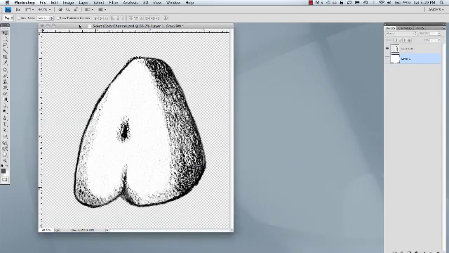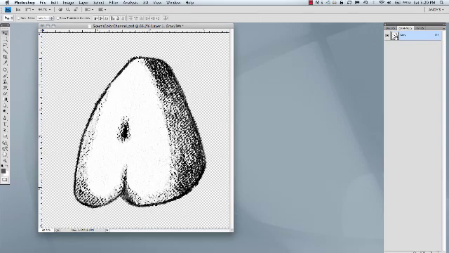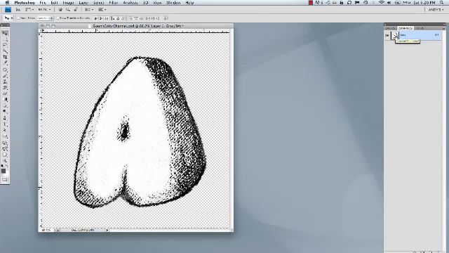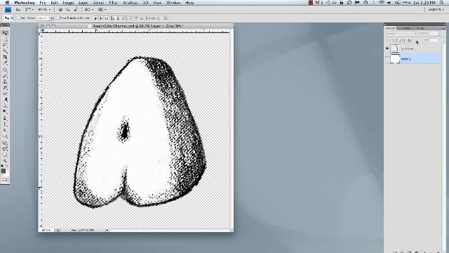Now on these other letters, the ones that have white in them as well, they're a little bit more complicated, but you can still change the color. We can take that black and we can make it whatever you want as well. One of the ways you can do that is you can go over to the Channels palette, Command click on the gray channel, Command Shift I to inverse the selection, go back to the layers,